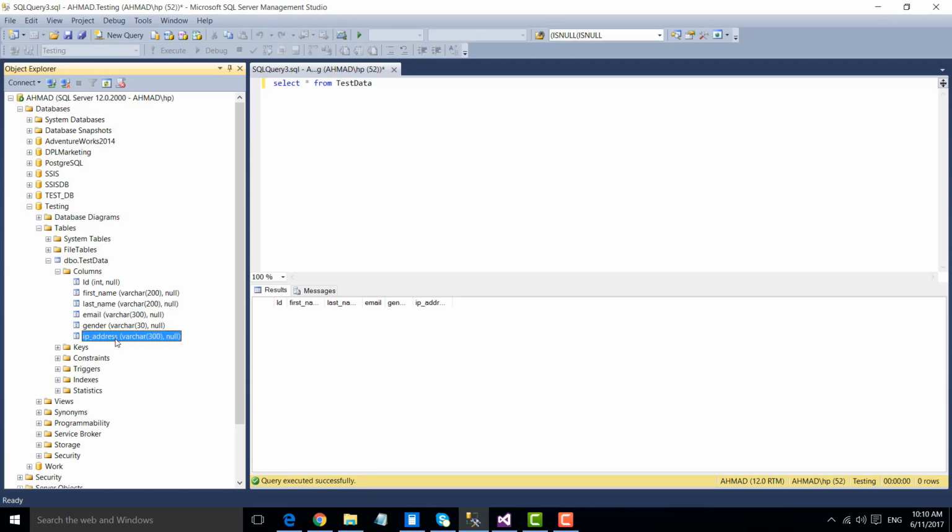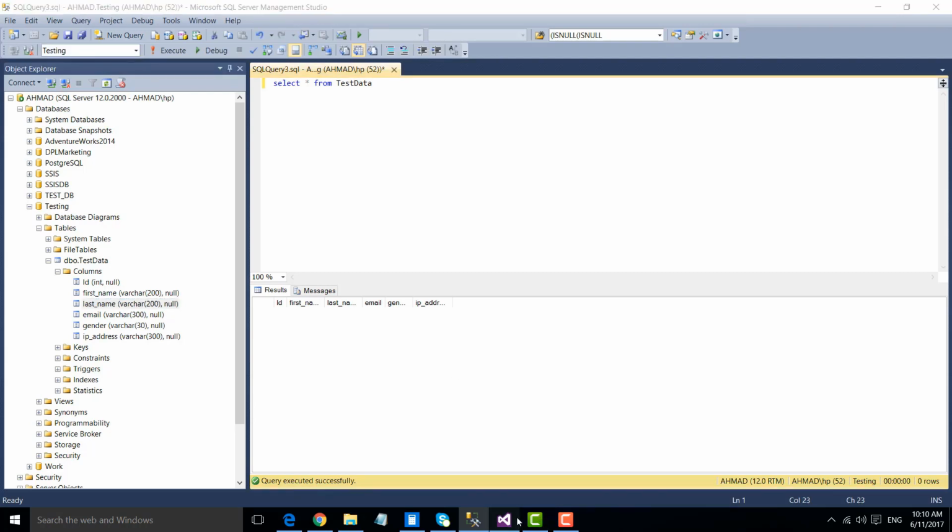Varchar is equivalent to non-Unicode, however nvarchar is equivalent to Unicode. We have a data mismatch between the Excel and the SQL Server source. So we have two options: either we can change the data type of this particular table to nvarchar and load the data directly. However, sometimes it is not permitted to change the data type of the SQL Server table. So in those cases we can use the data conversion task.